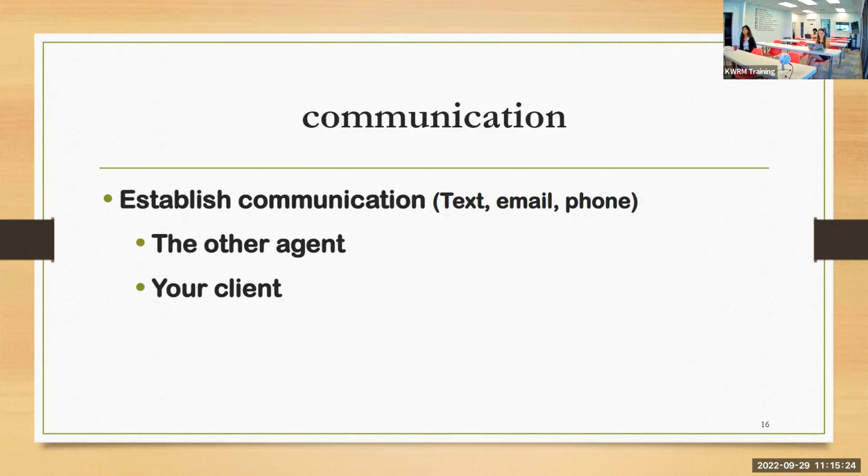So be aware, talk to the other agent about texting versus email. And an important element here is I see so much happening via text. And we tend to be really brief and quick on text, whereas you could move the conversation over to email because you can do email on your phone just as easily. And I tell my clients that up front. When it's about the transaction and it gets a little more detailed, I'm going to move that conversation to email because I need to have record of our conversations